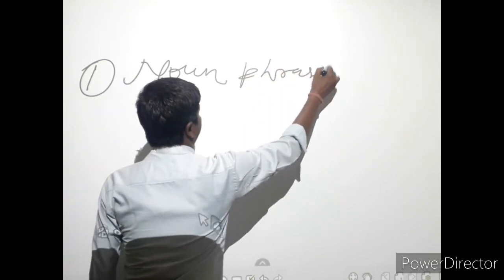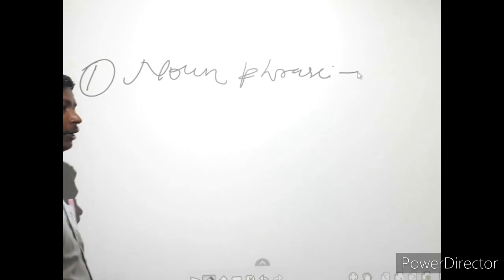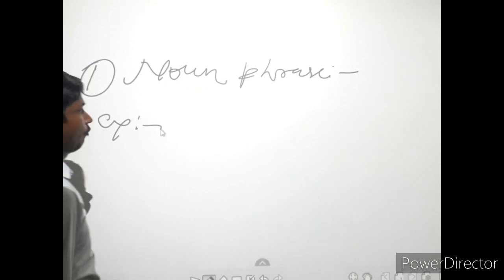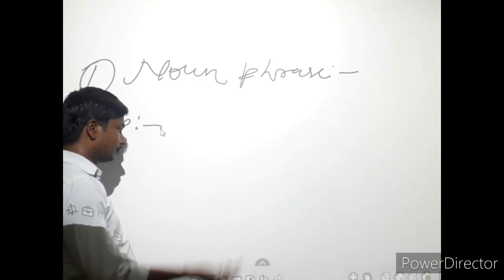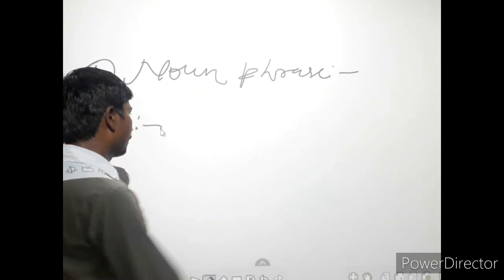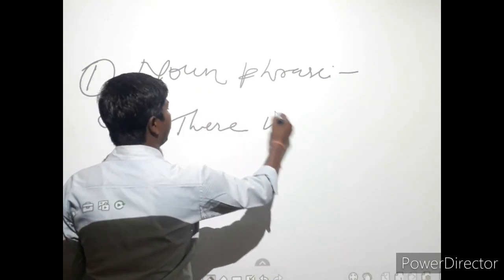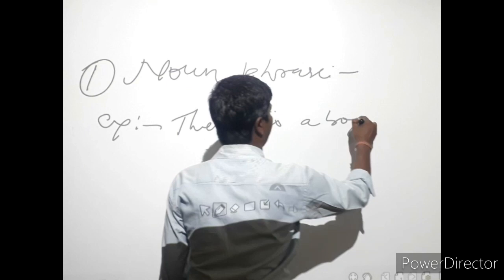Noun phrase. According to the definition I have already told you, a noun phrase acts as a noun. Here is an example, from that you can understand very well. There is a boy. Here you can see the sentence. There is a boy